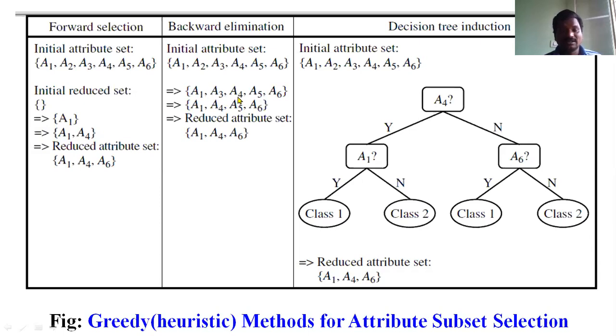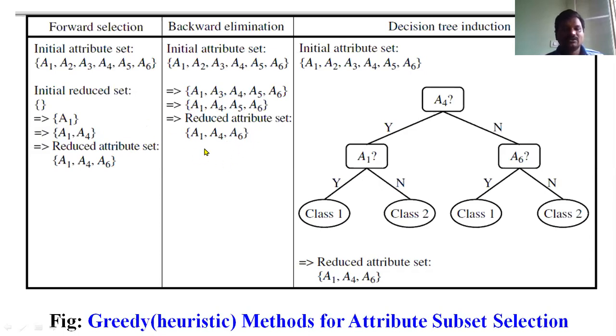Comes to the A4 here. A4 is not a worst set. That's why I included A4 here. A5, A6. Here comes to the second one. Among these, I already removed A2, A3, and included A4, and then comes A5. Here A5 may be a relevant set. That's why I removed the A5. The reduced attribute set here is A1, A4, A6.